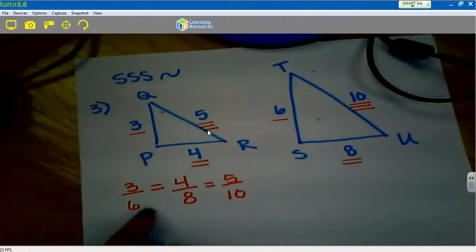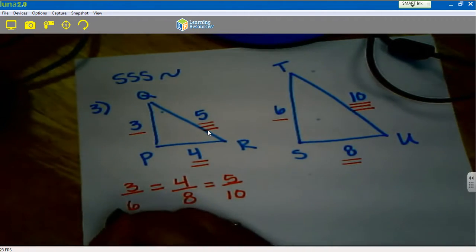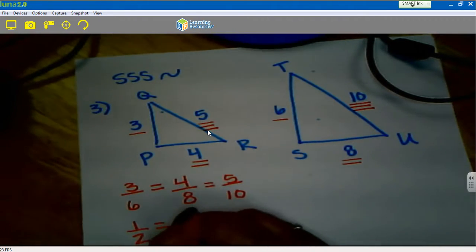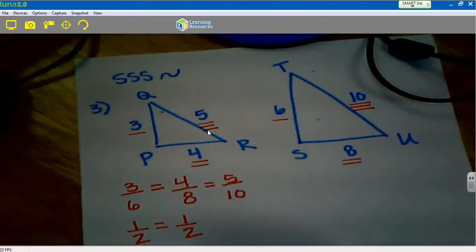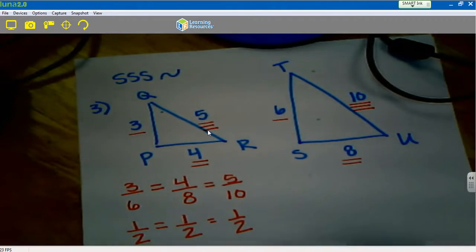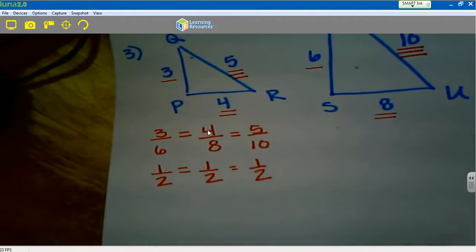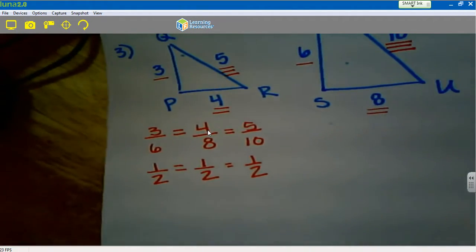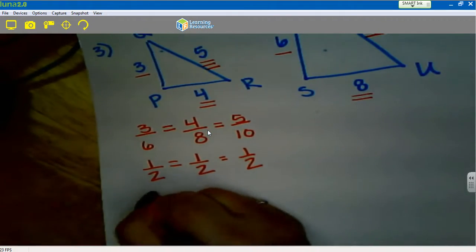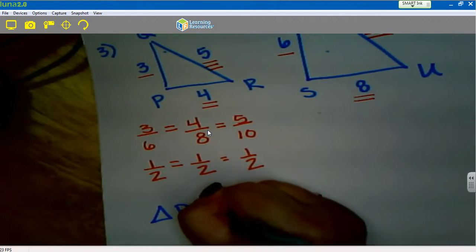Now, when I take a look at these 3 ratios, they should all simplify to the same ratio. So 3 over 6, that's a 1/2. 4 over 8 is also 1/2. 5 over 10, also 1/2. So that tells me that all the corresponding side lengths are in fact proportional. So then we can say triangle PQR